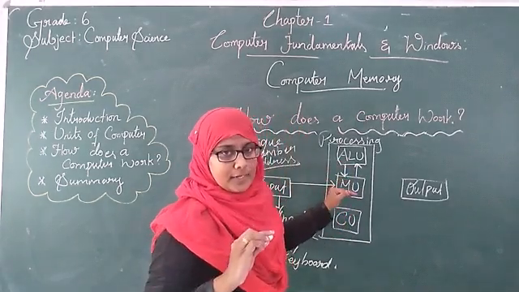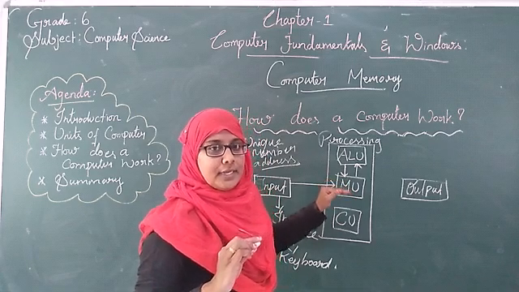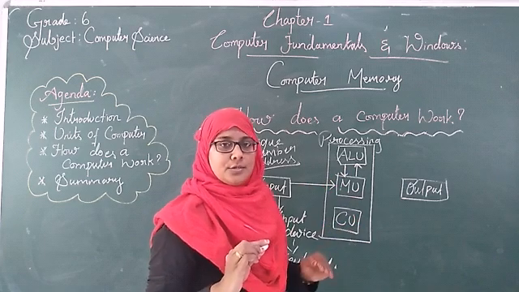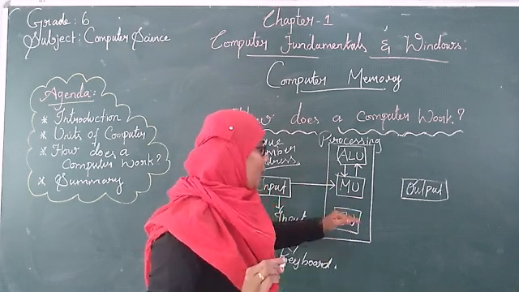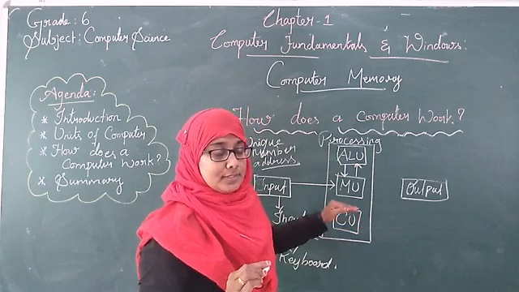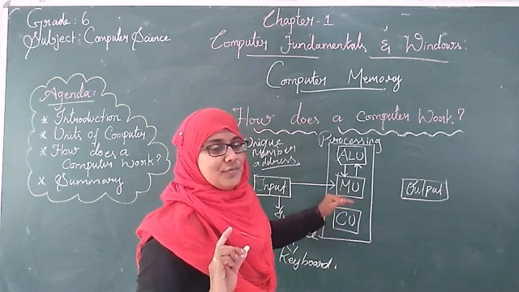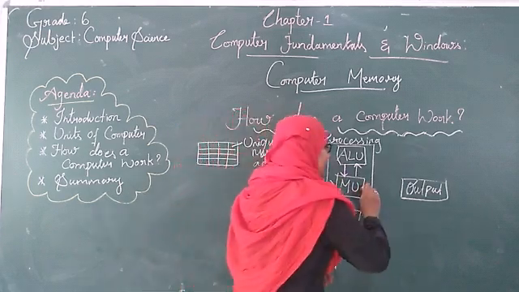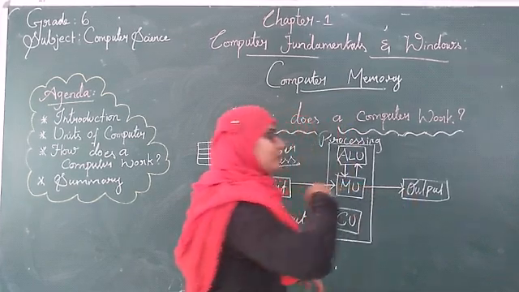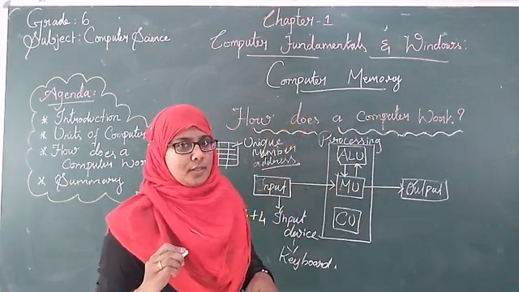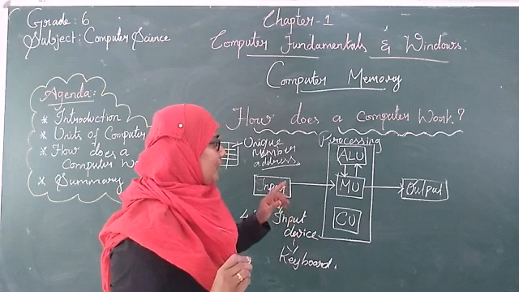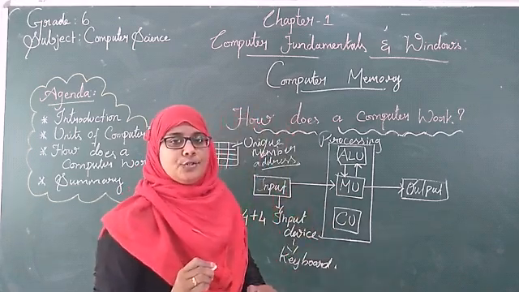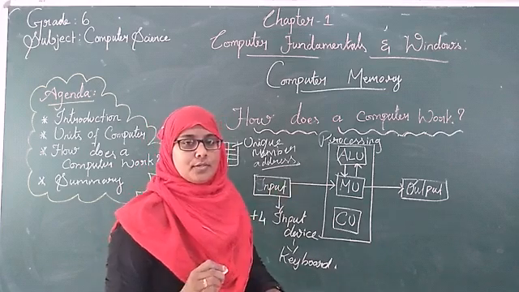It will hold the data until it gets the instruction from the control unit to send the data to the output unit. Once it receives the instruction from the control unit, it will send the processed data to the output unit. Got it? Okay. So you may have a doubt: there is no connection from the control unit to all the other units. It's nothing.